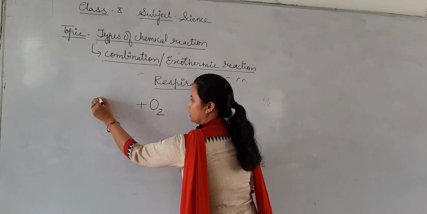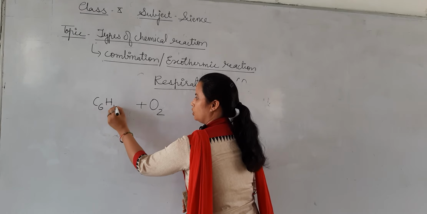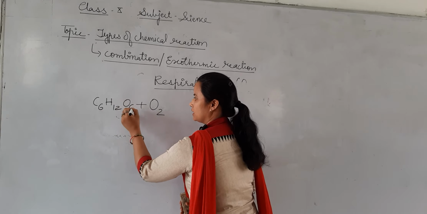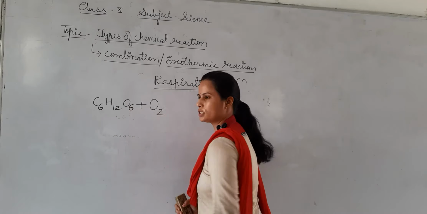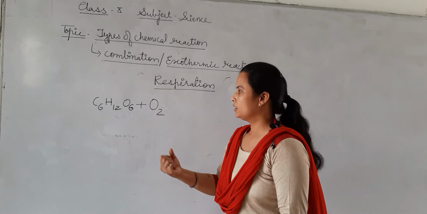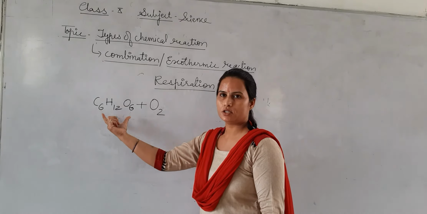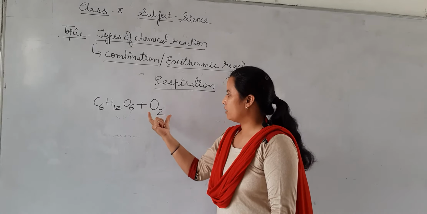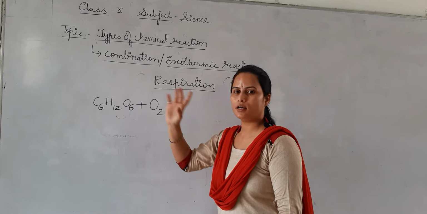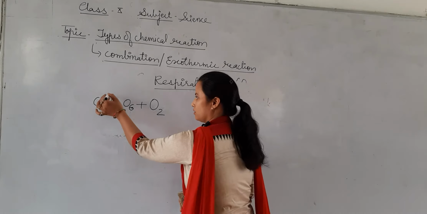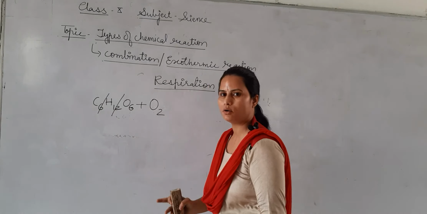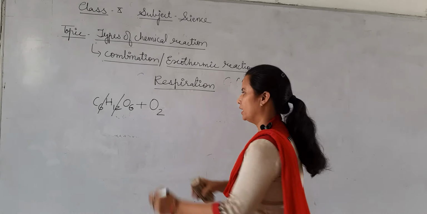In our body, glucose molecule is present. How do we obtain the glucose? When we take in food, this glucose molecule is stored in our body. When we inhale, oxygen breaks down this glucose molecule, and it forms